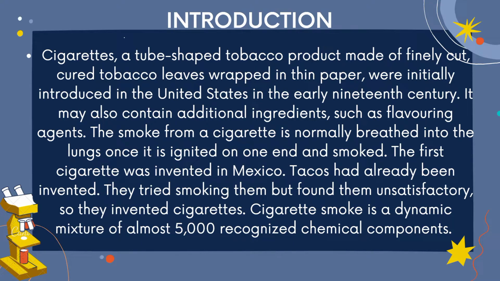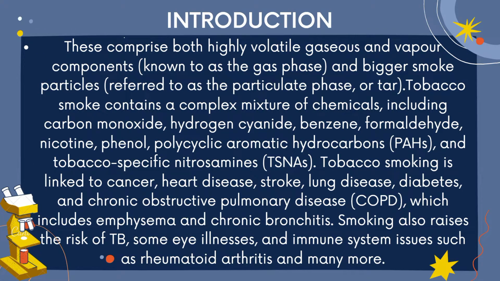Cigarette smoke is a dynamic mixture of almost 5,000 recognized chemical components. These comprise both highly volatile gaseous and vapor components known as the gas phase, and bigger smoke particles referred to as the particle phase or tar. Tobacco smoke contains a complex mixture of chemicals, including carbon monoxide, hydrogen cyanide, benzene, formaldehyde, nicotine, phenol, polycyclic aromatic hydrocarbons, PAHs,